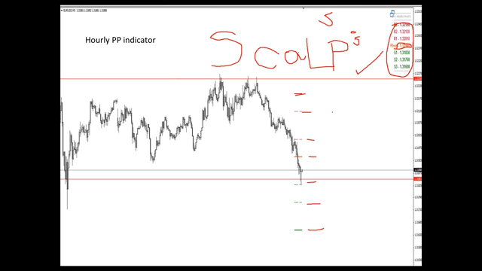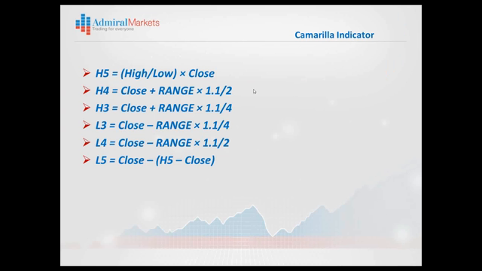Next indicator is, let me switch pointer. So the Camarilla indicator. Let's dive into the magic of this very good indicator for pivot point levels. Camarilla, simply said, or the Camarilla equation, is a price-based indicator that provides a series of support and resistance